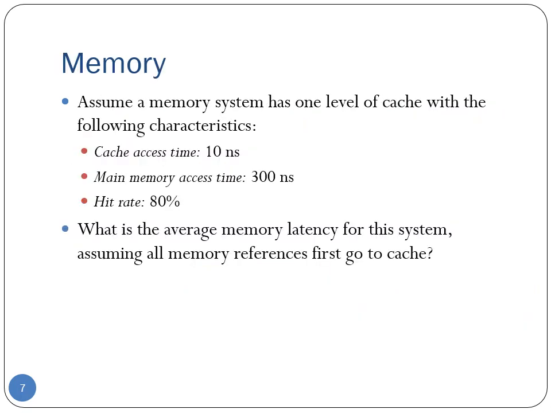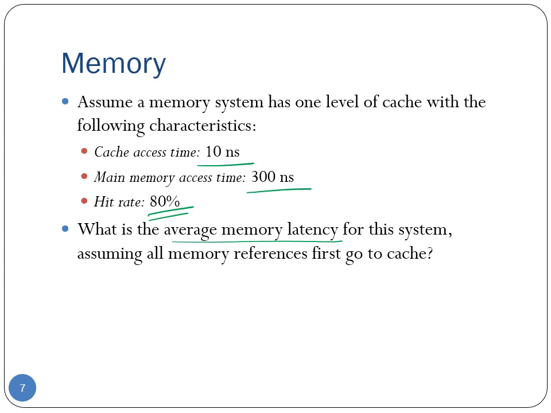Here is a question about average memory access times in presence of caches. So we have a cache. If the data is found in the cache, it takes 10 nanoseconds to retrieve it. If we have to access the main memory, then it takes an additional 300 nanoseconds. The cache has a hit rate of 80%. The question is asking us what is the average memory latency for this system, assuming all memory references first go